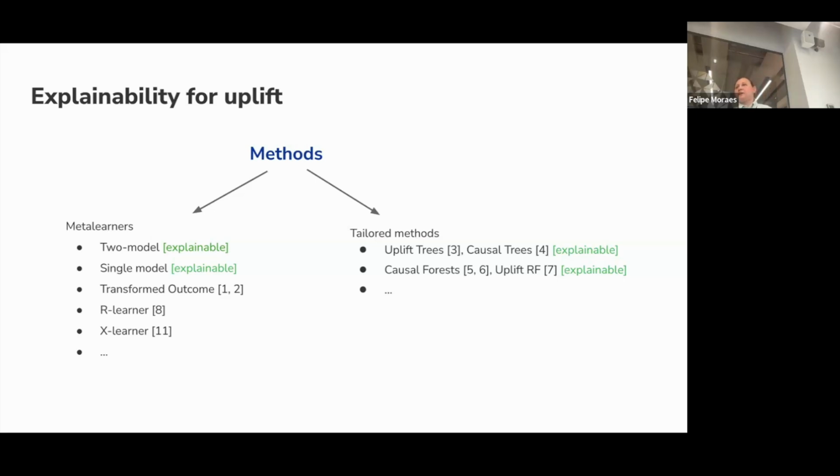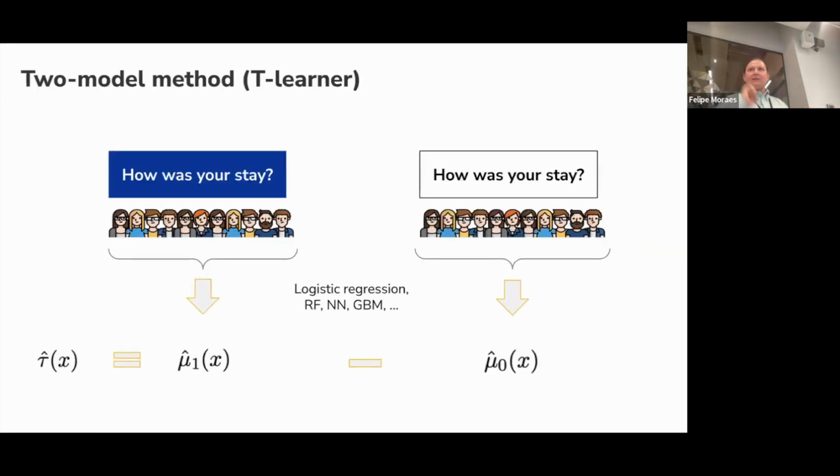So first of all, if we have Uplift trees and causal trees, they are explainable by design, so you can just use them. If you have a single model, there is a slight problem because treatment is one of the variables. So for example, if you use a partial dependence plot, you can use 2 features and have a grid. For the feature of interest, you can have it with the treatment and without the treatment. And if you have the 2 models approach, in theory, you can have an explanation for each and just compare them visually. But there are more things which you can do. So maybe let's go into that example.